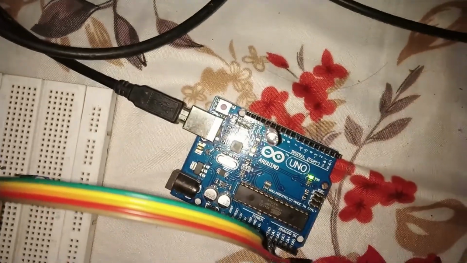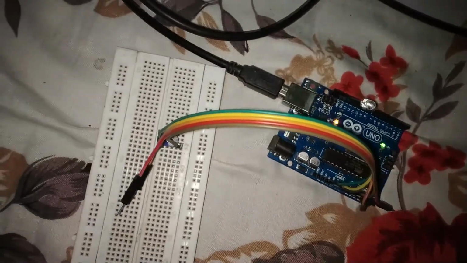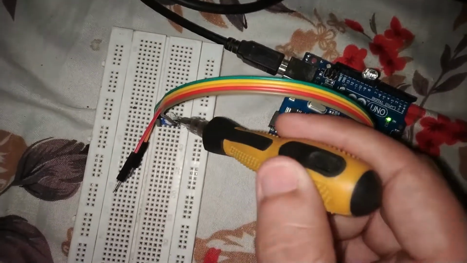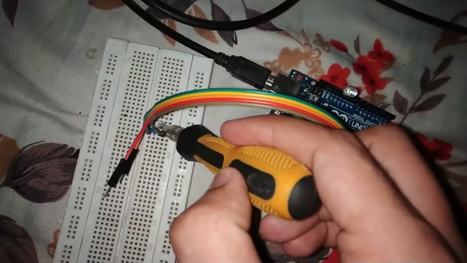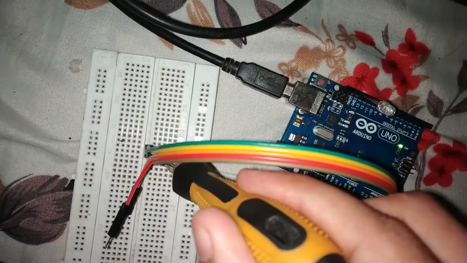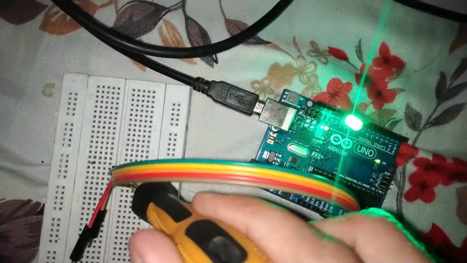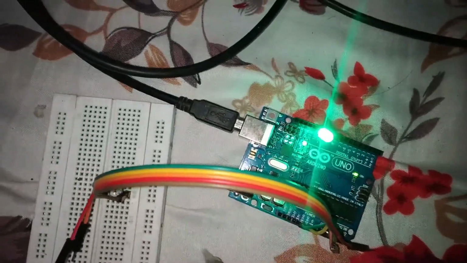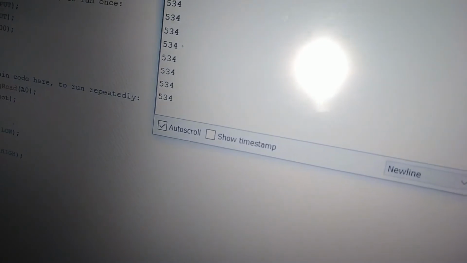So as you can see, the LED is currently turned off, and as soon as I switch the value, the LED has turned on, and over here you can see the value is 534.